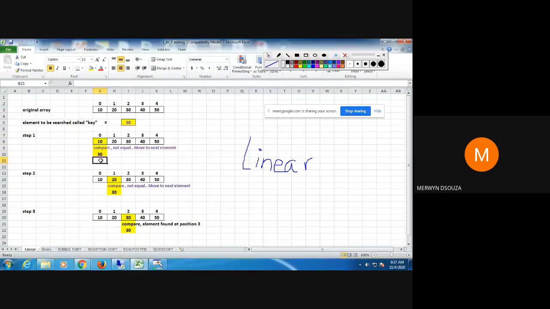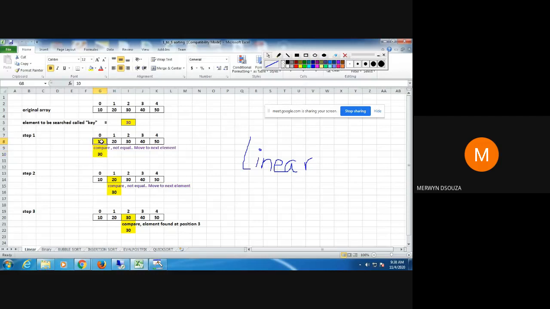Remember, I'm saying position 1. If you're saying index, then it is index 0. You can say position 1, because a common person will not understand the meaning of index. Only computer engineers who know arrays understand that these are the indexes. So you could say that 30 is found at position 1.